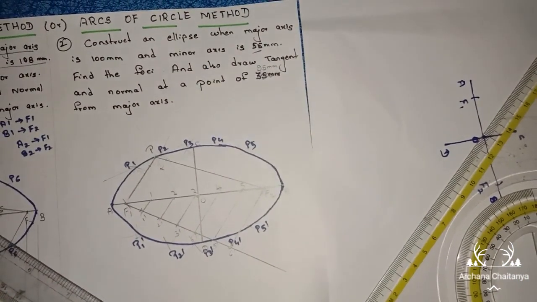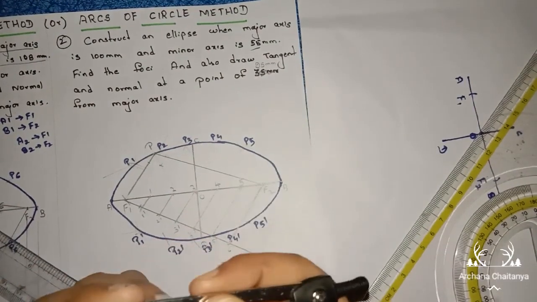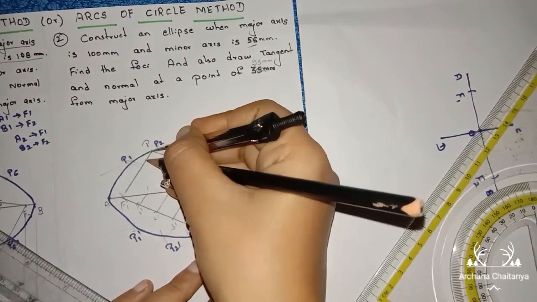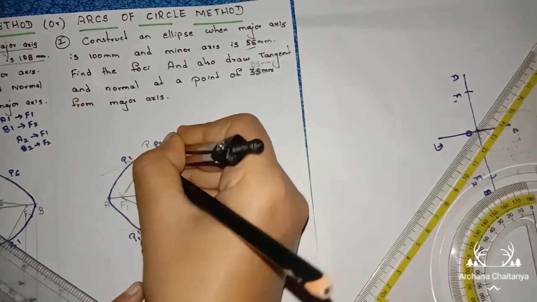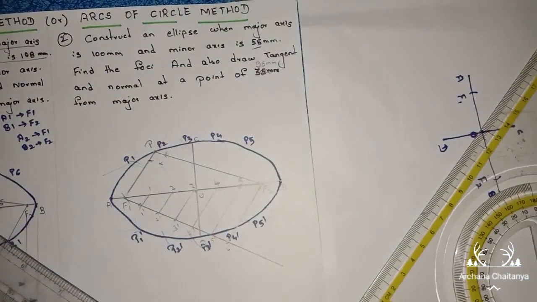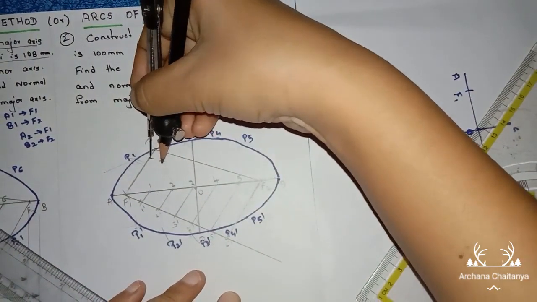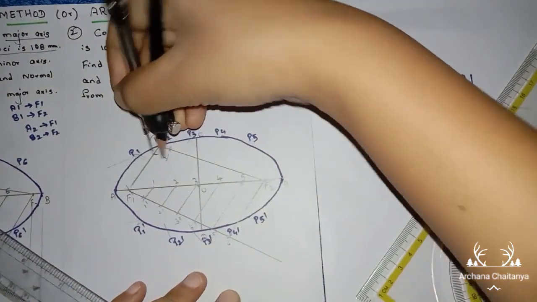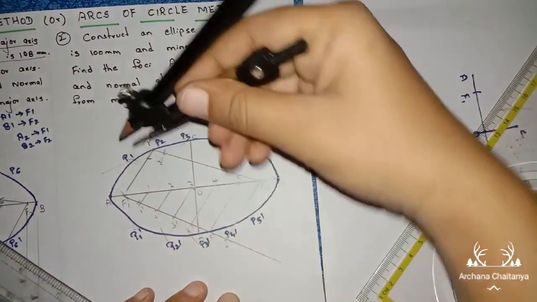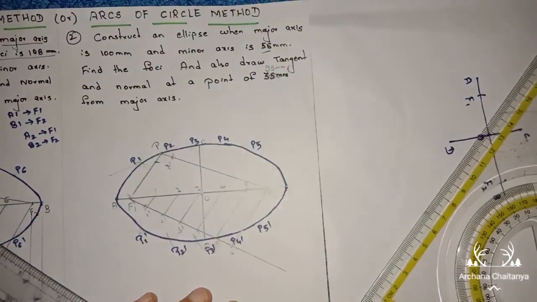So how to draw angular bisector? By taking less than half. So take less than half, keep your compass on this P point, draw a line on this line and draw a line on this line. Right? Now with the same radius, don't change the radius of your compass. Keep your compass on first arc, draw the arc in the middle, right? Keep your compass on the second arc, draw the arc in the middle to cut that one, right?